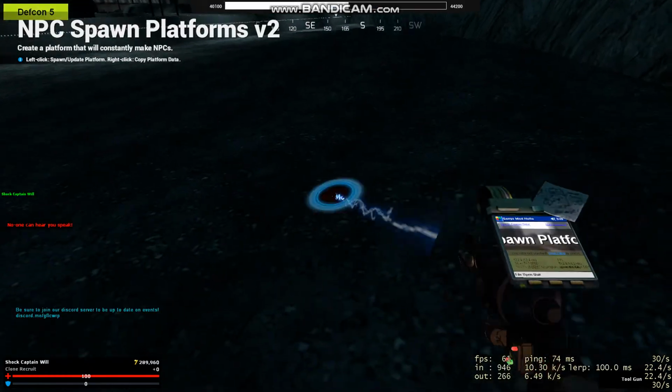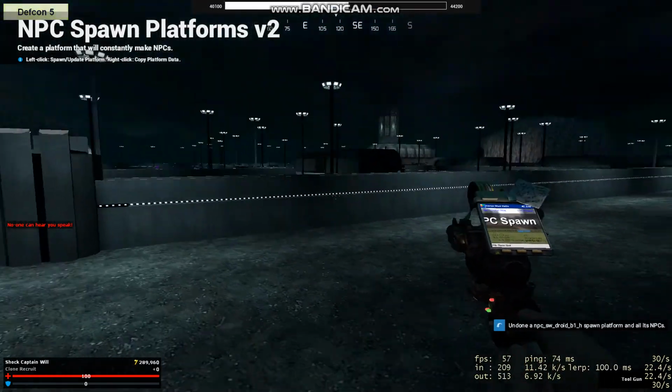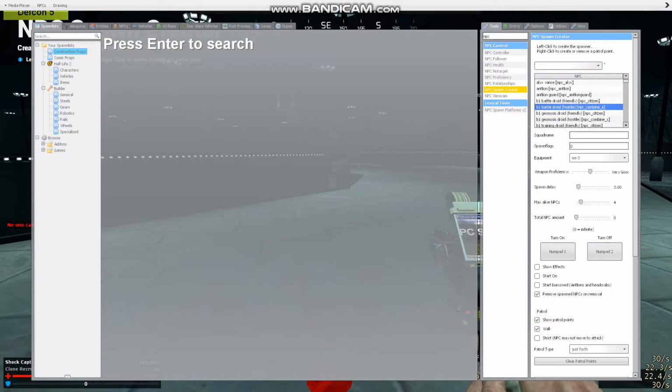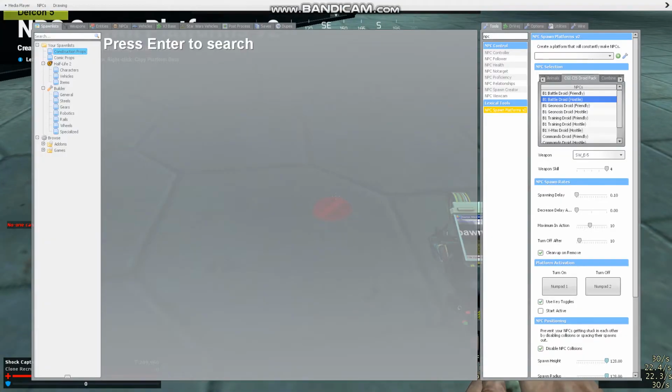So to make the spawn platforms invisible, because you don't want them to see, like I said before with the creator, they don't actually have an option to make them invisible like it does here. So you're just going to have to use a tool. I use color, you can use whatever you want. So I go to color,